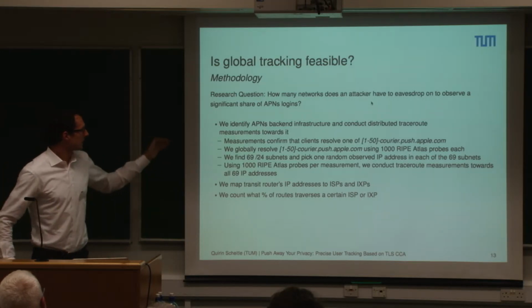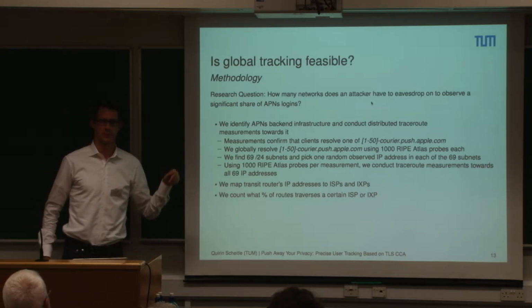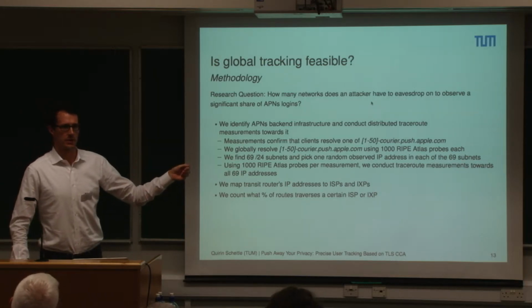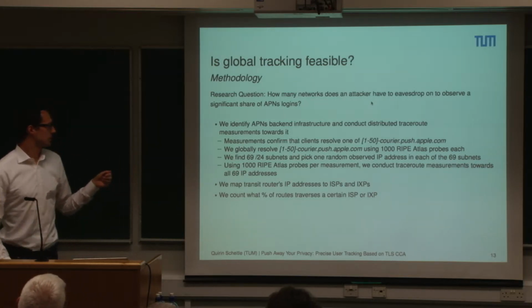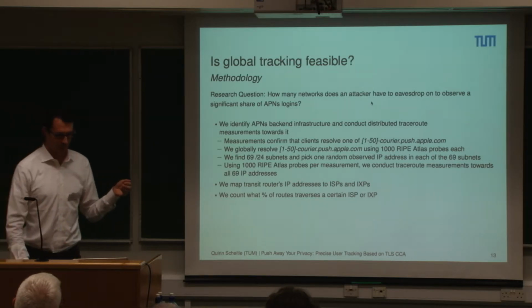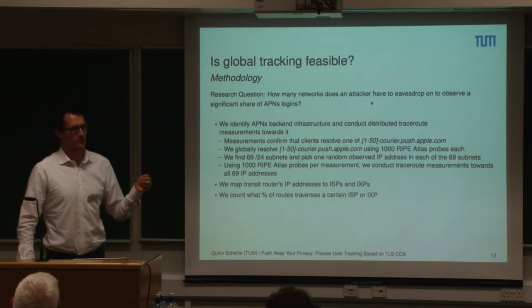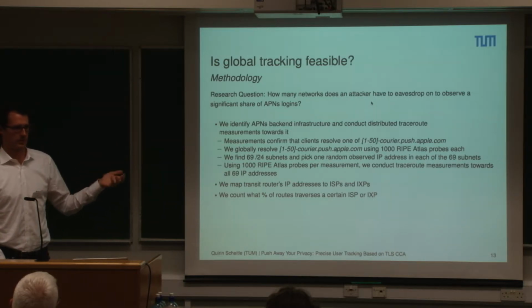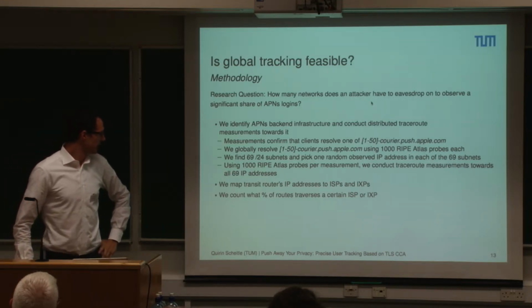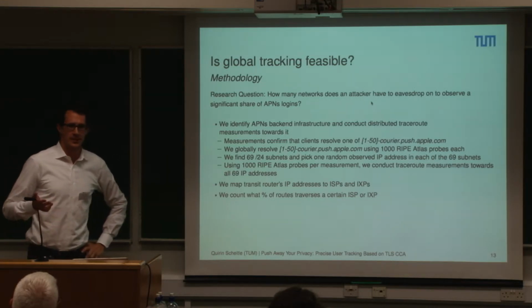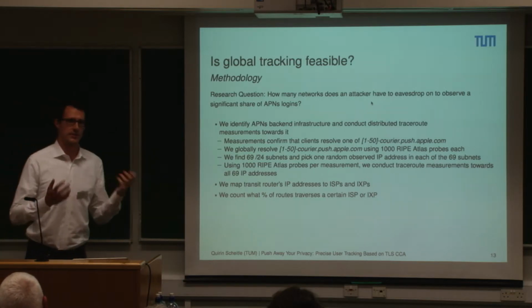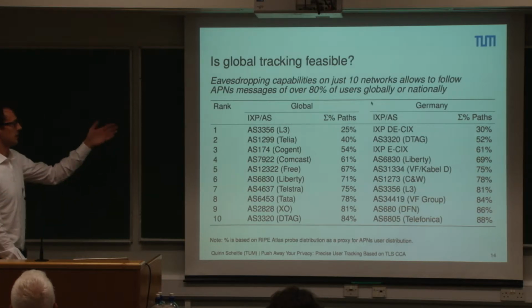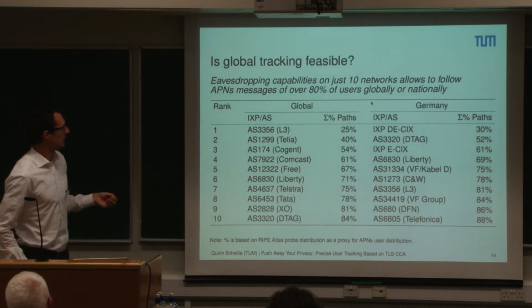And then we just picked the /24 subnets, did trace routes to those, and then we mapped those trace routes, the routers on the paths, to networks. So we mapped it to ISPs and IXPs, and then we count what percentage of routes go through some certain ISP or IXP, which we would call a network in that context. And anyone who has done that kind of study before, it's not surprising, right? The internet is still quite centric. It will go through some big nodes. And what we found, we did it globally and at a nation scale level.